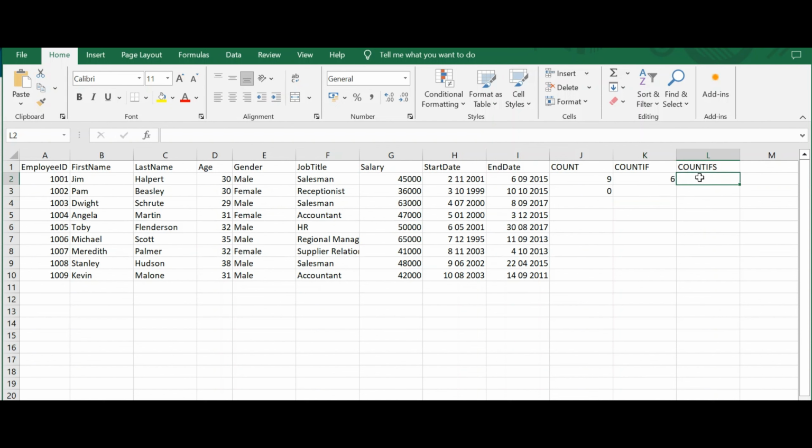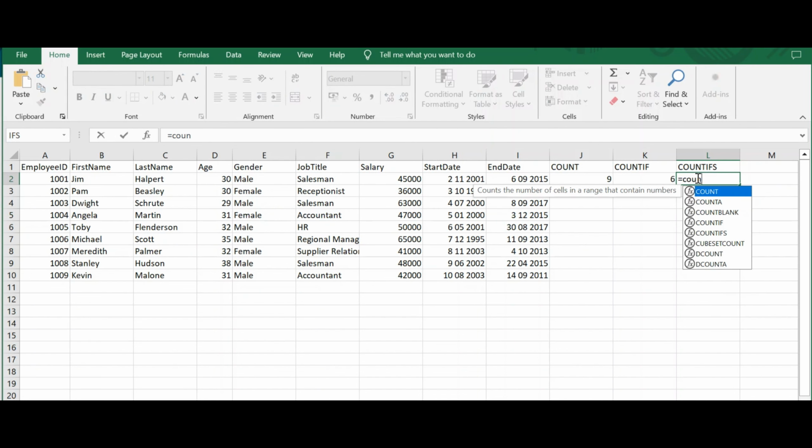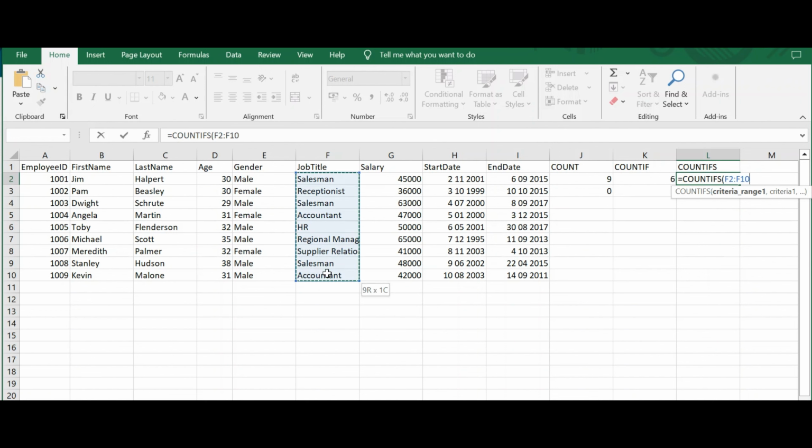Now to use countifs, na im be say I get two or more condition wey I wan make excel consider before im go count the thing wey I wan make e count. So I come go to the next one wey be say we dey call countifs. I come put equal sign, type my count. E don show us other excel countif option. Come click on this countifs, press tab. Now I'll come here. I don tell am say make im see this one, make e consider this one now. I come press comma, put my inverted comma, come tell am say equals